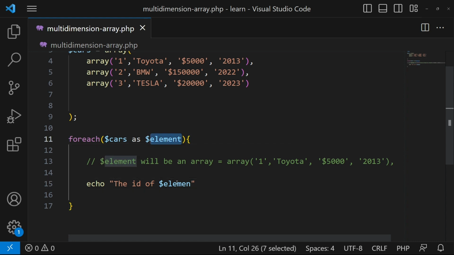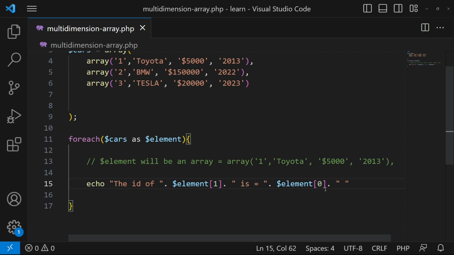I can copy this and paste at this position, type here the big bracket, and I can type here 1. I think I should cut this and concatenate this like this. Again I have to type here dot, and again type here double quotes, and here I will type is equal to, again I will concatenate this, I will type here dot, my array name which is element, the big bracket, and we know that id is stored at 0 index, so I will type here 0. Again I will type here dot double quotes, and here I can type dot, or let me skip these dots